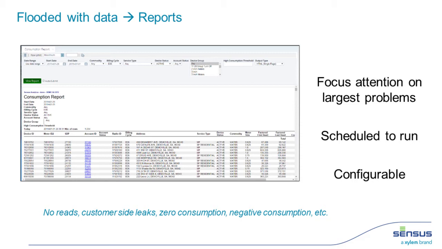No reads is another useful type of report and can help identify which meters need to be picked up by, say, a drive-by route. Sometimes AMI systems will be designed knowing that there are going to be portions of the network that aren't covered as well, so this can be helpful there. Other reports can focus field work, drawing employees to the meters and radios that need to be attended to, say, if they're not transmitting data, maybe because an animal chewed through the wire, something like that.